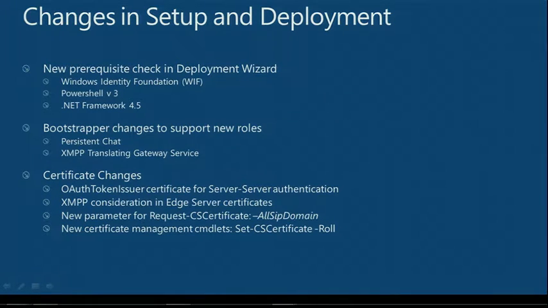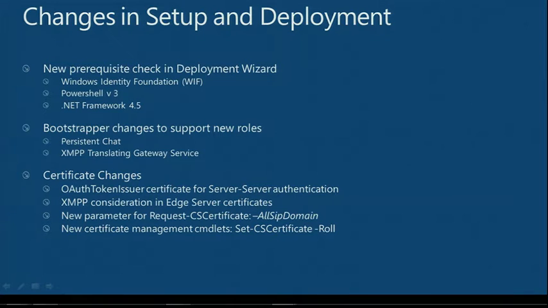What we found is that after 1 or 2 years in production, you'll have certificates expire, and you need to renew those certificates to keep the services functioning. This expiration process was something that in the past, when we'd import the new certificate, that certificate would become live, and we might have an interruption in service there as we stopped or started our services or performed the maintenance around that certificate process. With the Set-CsCertificate commandlet in 2013, we have a -Roll option,